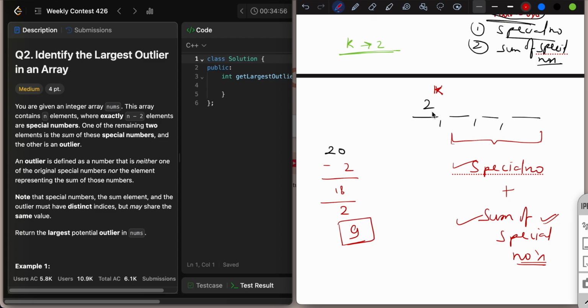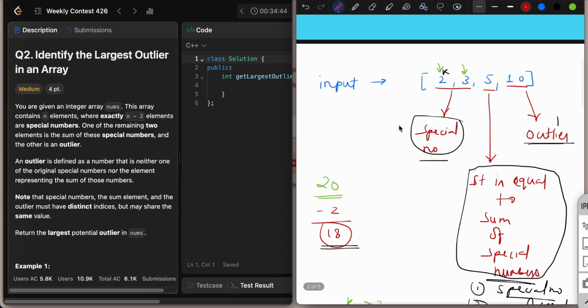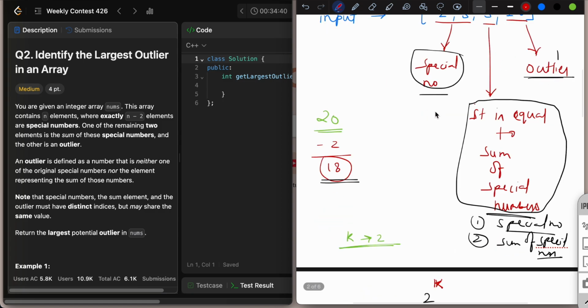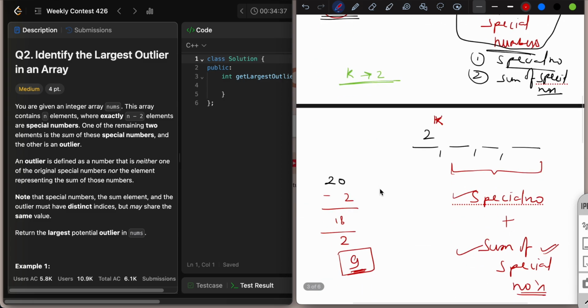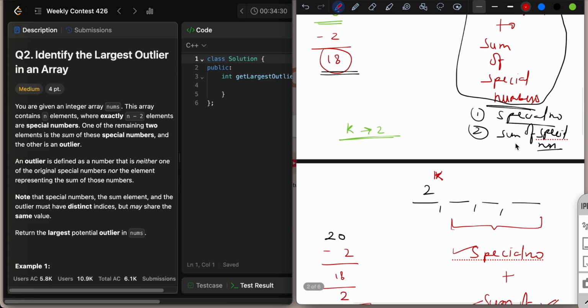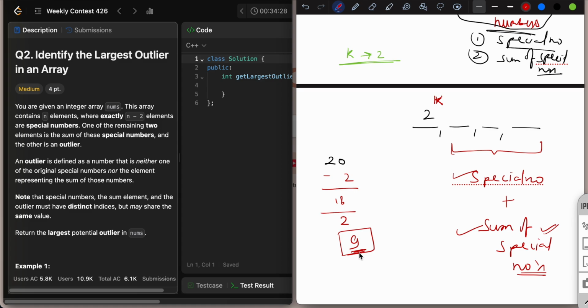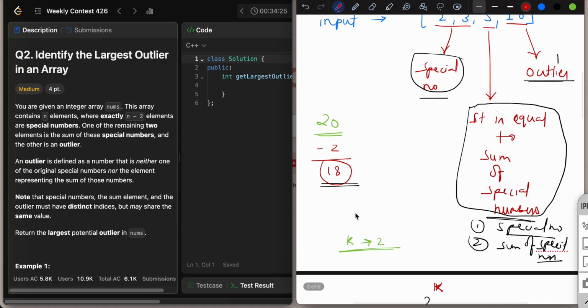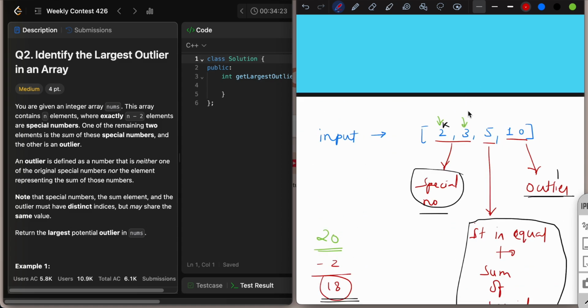अगर कोई स्पेशल नंबर होता या सम ऑफ स्पेशल नंबर होता तो हमें फिर से ना मिलता इस पार्ट में। अगर नहीं मिलेगा तो हम आगे बढ़ जाएंगे। अगर मिल गया, जैसे इस केस में क्या हुआ, 9 है, तो क्या 9 है हमारे पास एलिमेंट में, 9 तो नहीं है, तो ये आउटलायर नहीं हो सकता। इसको आउटलायर मान के जो हमने कैलकुलेशन करी थी, इस हिसाब से सम ऑफ स्पेशल नंबर 9 प्रेजेंट होना चाहिए इस पार्ट में, बाकी रिमेनिंग पार्ट में प्रेजेंट होना चाहिए था, नहीं है, तो ये आउटलायर नहीं है, पोटेंशियल आउटलायर नहीं है ये। देन विल मूव टू द नेक्स्ट पार्ट।